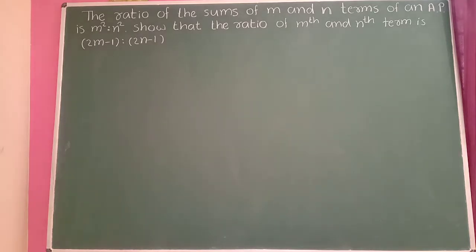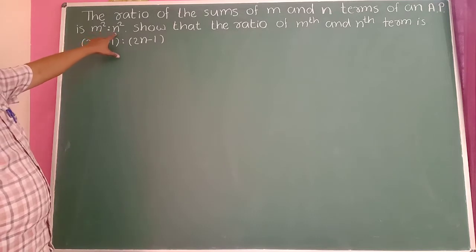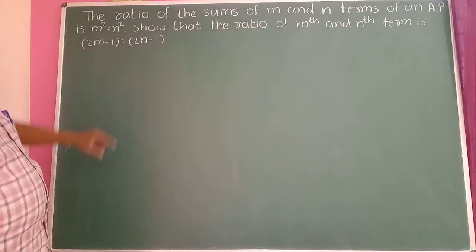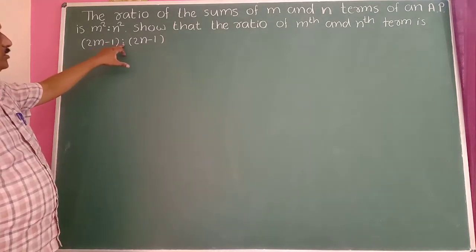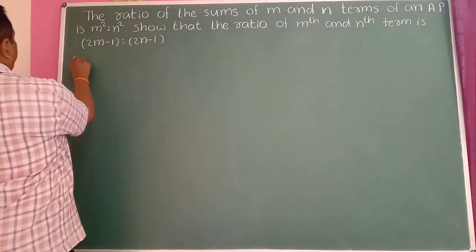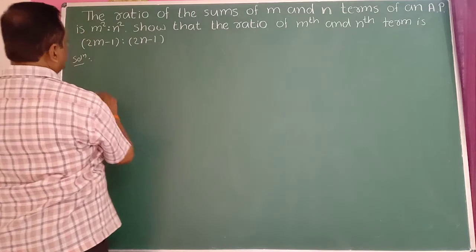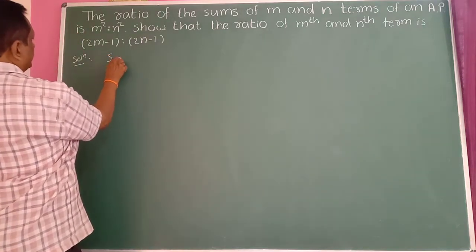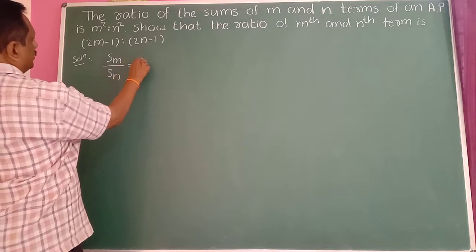The ratio of the sums of m and n terms of an AP is m square is to n square. Then show that the ratio of mth and nth term is 2m minus 1 is to 2n minus 1. So take your solution. Here they have given a ratio of sum of m and n terms, means Sm divided by Sn is equal to